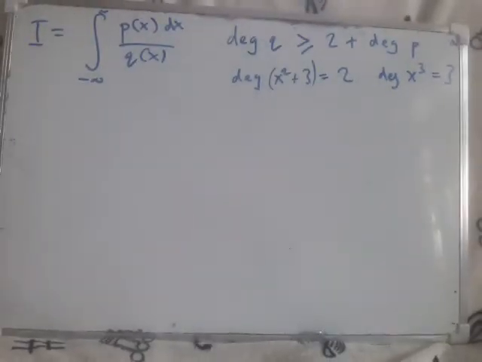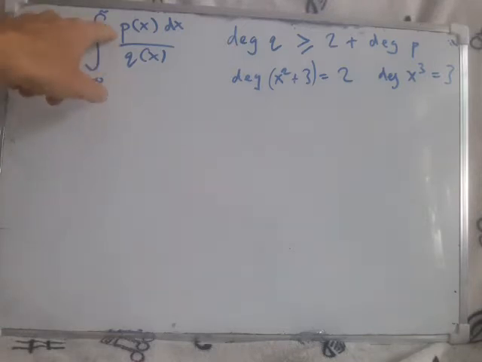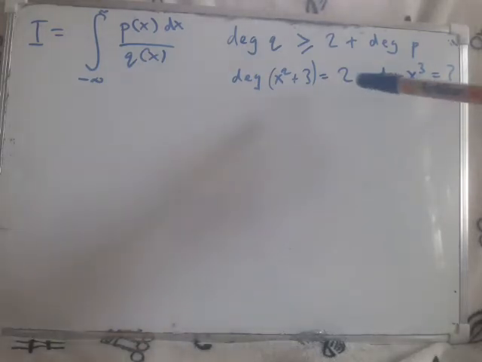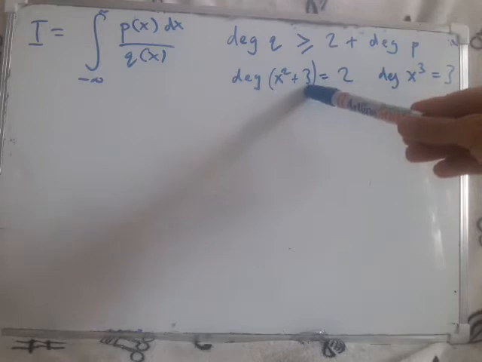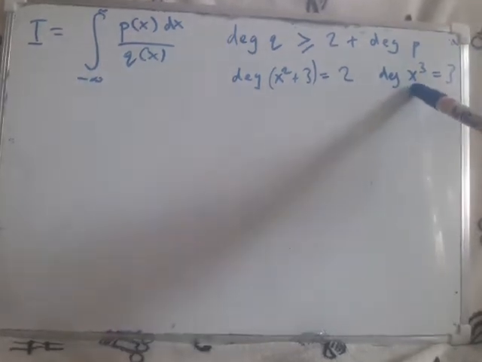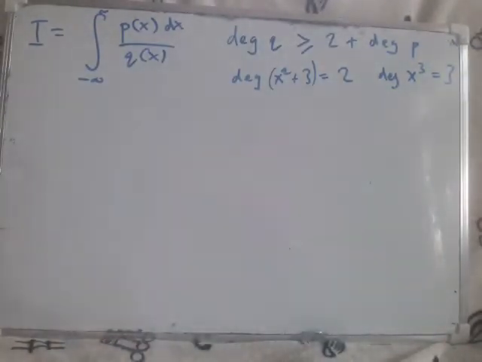So what happens if now we have the more general case of the integral of p over q? We need the condition that the degree of q needs to be at least 2 higher than the degree of p. So the degree is just the highest power of x. So for example, the degree of x squared plus 3 is 2, the degree of x cubed is 3, the degree of 1 is 0. So the example we've done before